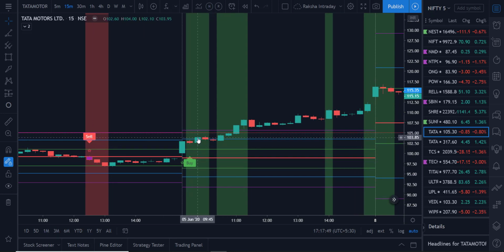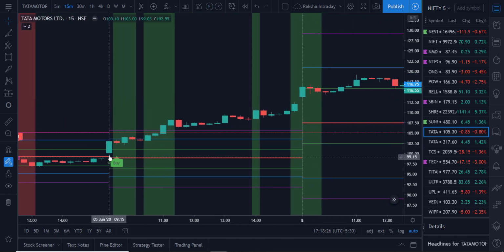You can either wait for the breakout, or you can also take this and put the SL below the green line, and coincidentally the green line and the star are just adjacent here. So if you're willing to take the risk, you can put the SL below the star, because this rally won't go below the star, or for a sell, above the star. Okay, so in this scenario, I would put it below the green line. My target is the purple line. As soon as it touches the purple line, I move my SL to entry and let it go till EOD, because it was already on the upper side.